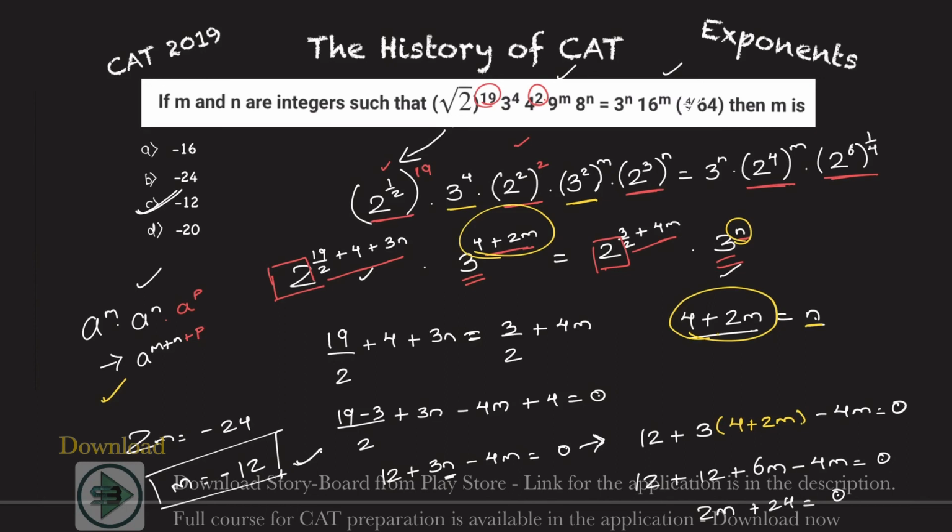So option number C. All that you require for this problem is a basic understanding of laws of indices and methodically solving it, because as soon as I understand it's about the power of 2 and the power of 3, I get the power of 2 and 3 on the LHS and RHS, compare them with the laws of indices and reach the final answer to this question. So it was a very straightforward problem on exponents.